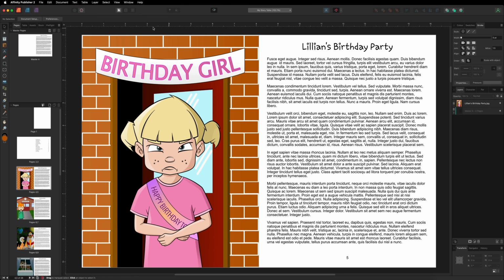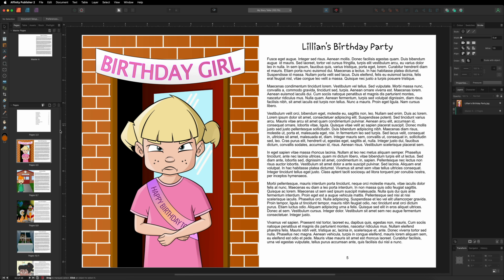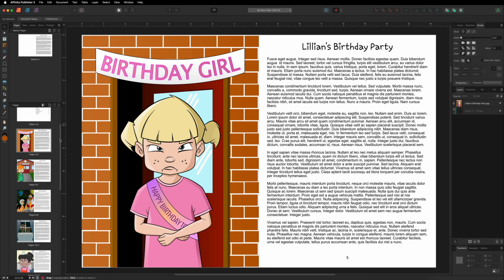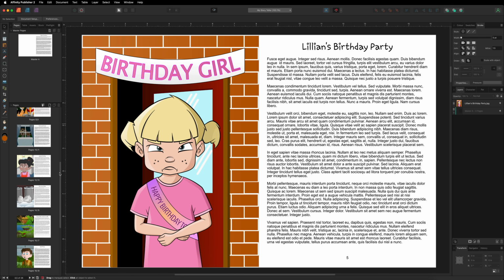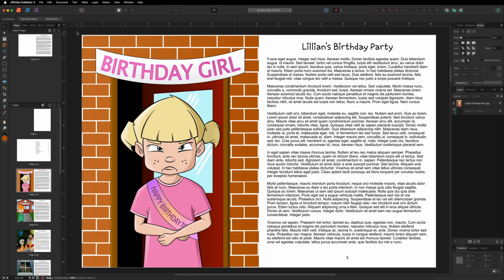So as you can see in this project right here, this is a project I've been working on for around the past year or so, and I do have all of my stories written. However, I just haven't had the time to finish this due to all the illustrations that I've had to create for this. So you can see over here on the left hand side, this is my image that I'm going to use for this story. So this is going to be the image inside of my book, as well as the title over here